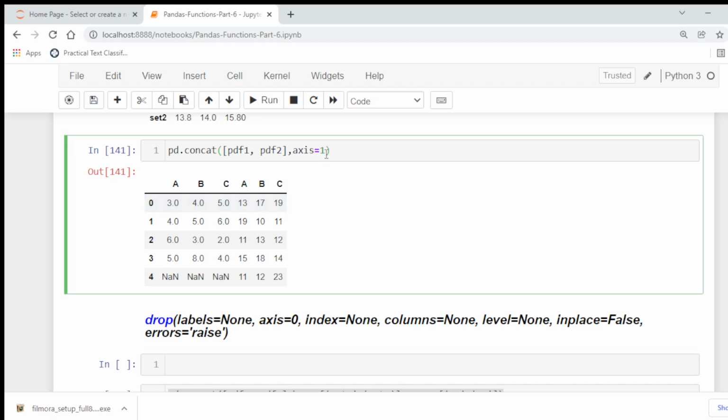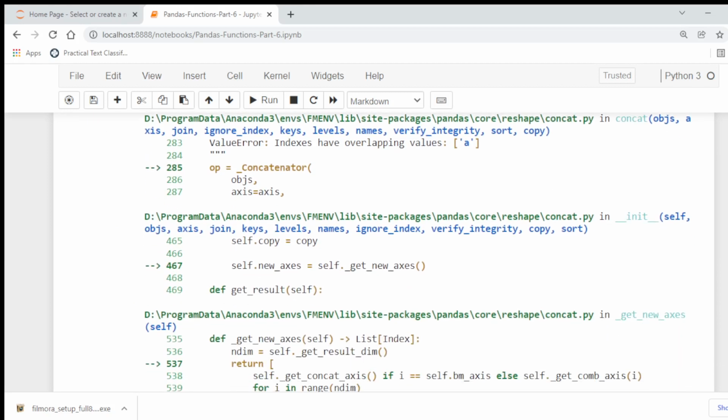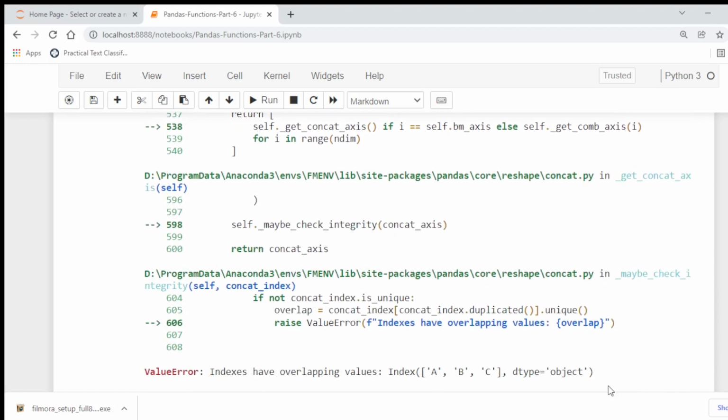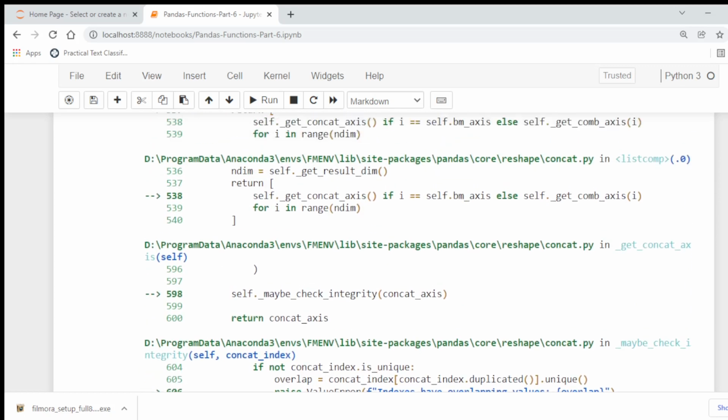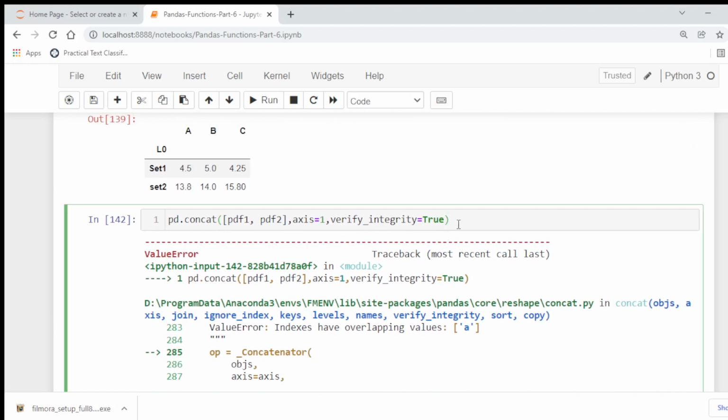If we set verify integrity equal to true, then it will show the error. In this way we can prevent duplication of the columns. Indexes have overlapping values. In real life this is required, because the column names must be unique.